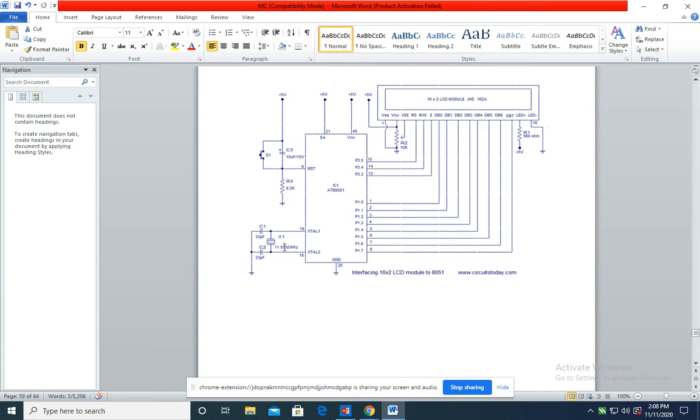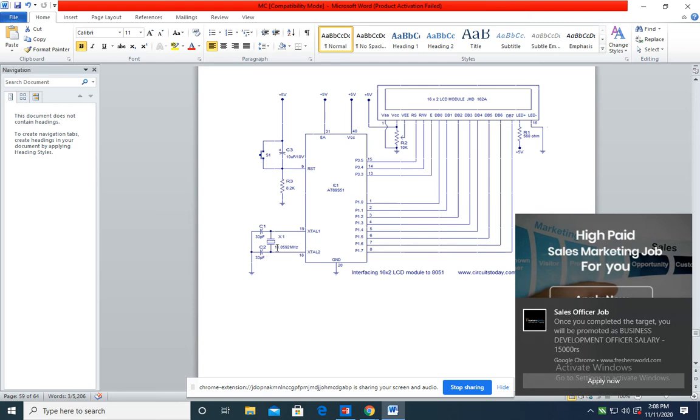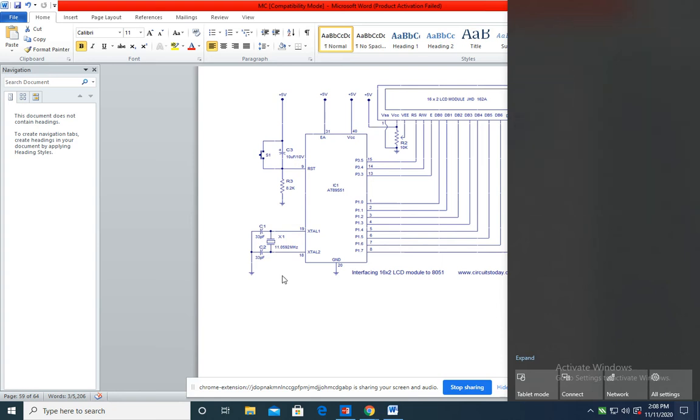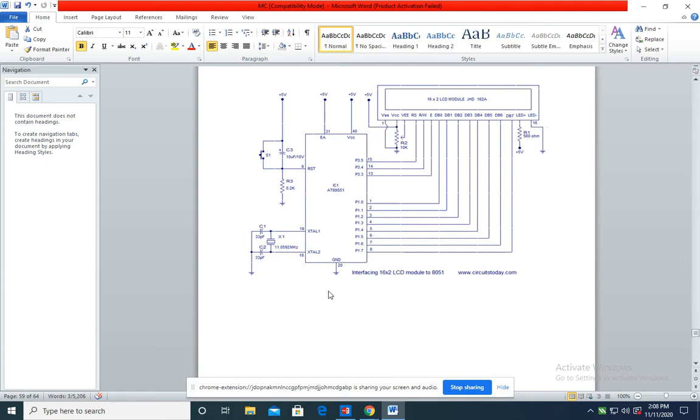This crystal oscillator is used for giving a clock signal to the 89S51 microcontroller, and any microcontroller is connected with this kind of crystal, but only the frequency changes, depending on the operating capacity of the particular microcontroller.